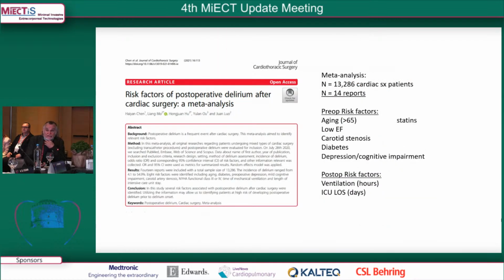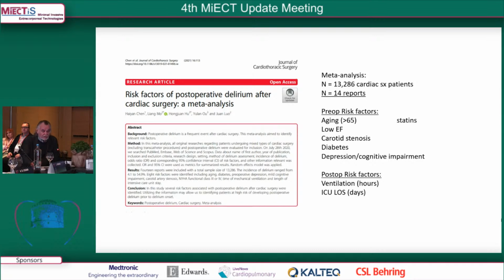When we look at the types of patients that are susceptible to this type of phenomenon, this is one of the more recent meta-analyses. It looked at 14 studies with over 13,000 patients, and predictably patients that are older, patients with lower ejection fractions, those with a history of cerebral vascular disease or concomitant carotid stenosis, diabetic patients, and those patients that have pre-existing cognitive impairment or depression are particularly at risk of these types of postoperative complications, and particularly patients that have prolonged or delayed extubation times or prolonged stay in the ICU,